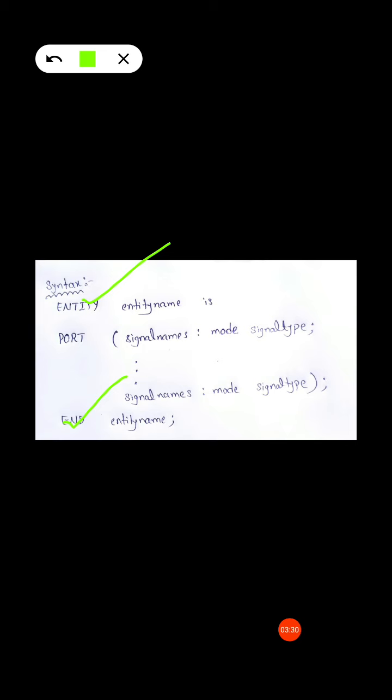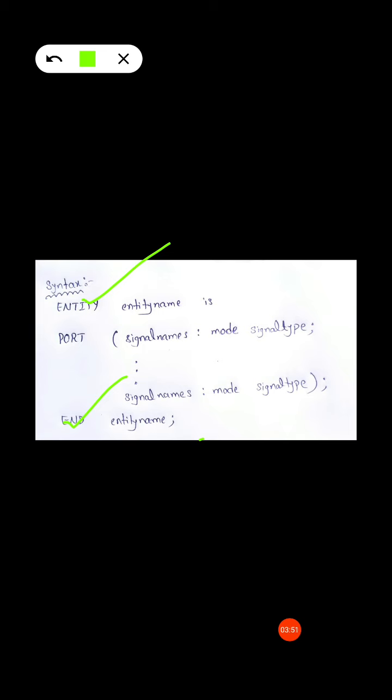It is the same as in C language, where we open a curly bracket and close the curly bracket. Here it has to start with the entity keyword and end with the end keyword.